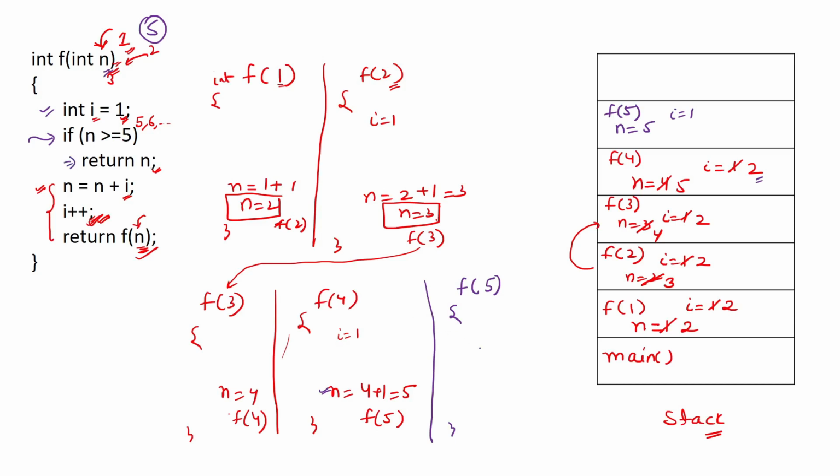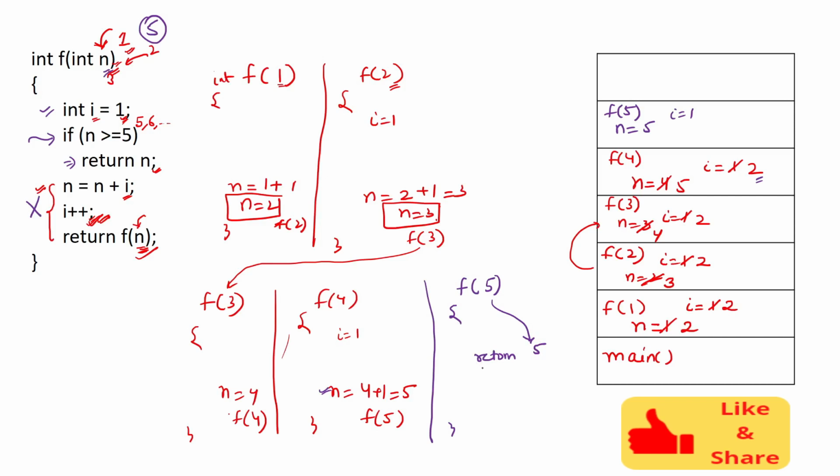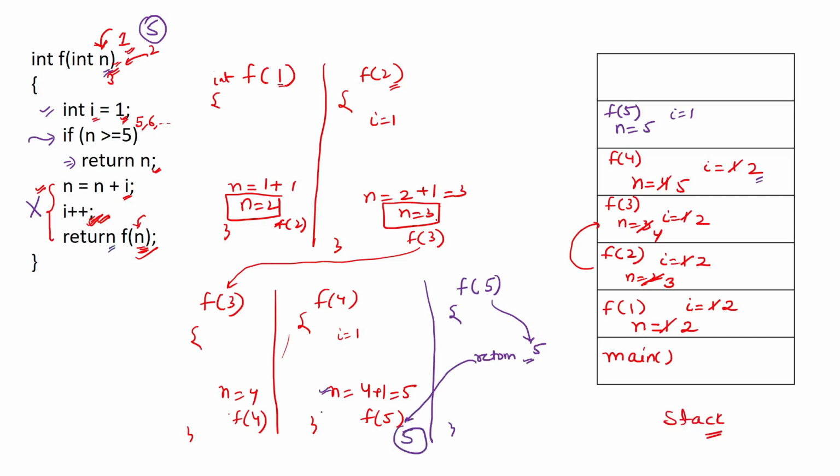So we will come to this line and we will just return n. Okay, so from here we are returning n, and n is what? 5. So we will not execute these lines now. Okay, so we are just returning here with the value 5. So 5 will be coming here. Okay, and you can see after each f of n we have return. So here also it will be return, and after this also return and return. Okay, so 5 is coming here, again it will be returning 5.